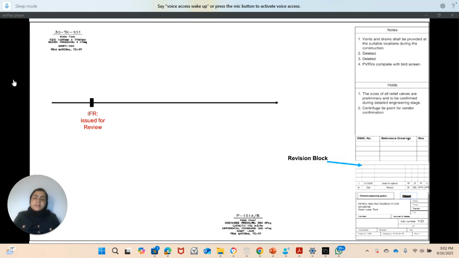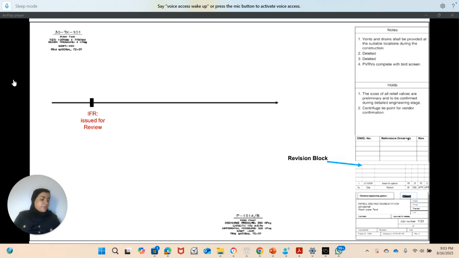And this is where you, as an engineering company, will finish the P&ID relating to your new design. You have completed your P&ID, and you want to show this P&ID to your client, and you will issue this P&ID for review, where the client will come up with markups and comments for you to look into and change before you issue your next